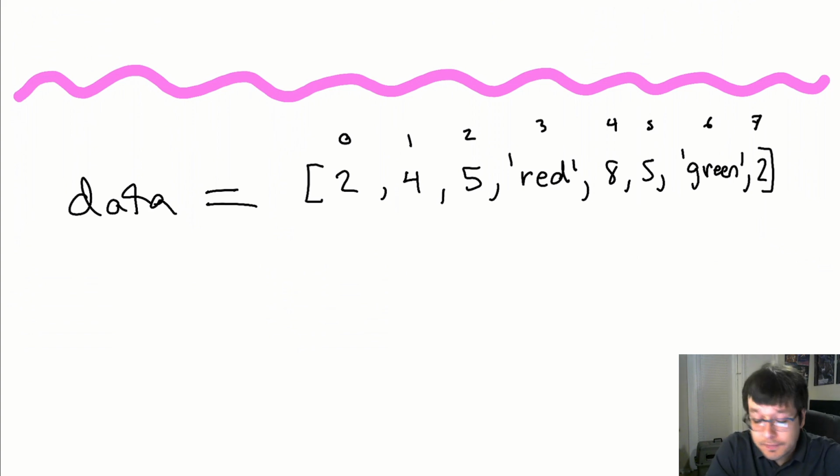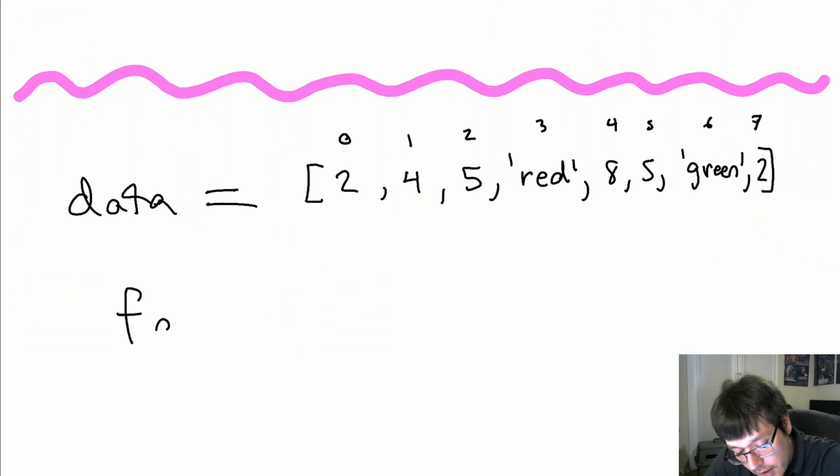Having said that, if we would like to iterate through this, we have shown you how to do that with a while loop. But to do this with a for loop is so easy. If you just want to loop through every single item in this list once, look how beautiful this is. You're going to write the word for, hence the name for loop. Let me just write an example and then I'll explain it. I'm going to say for